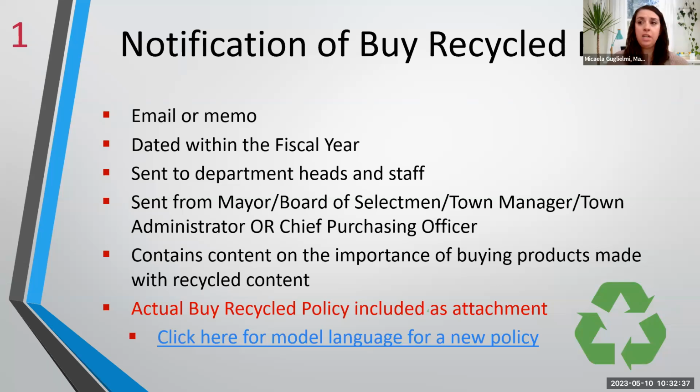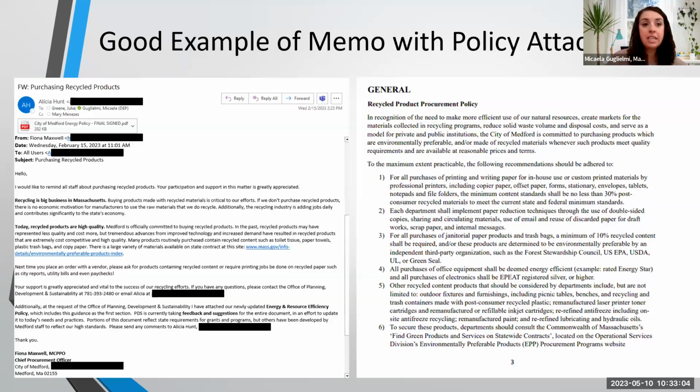And if you're completely new to this, we have model language in that link, and these slides will be available after to go back to all these links. So if you're brand new, we have model language to draft a new policy. And just put it on your calendar for maybe like a New Year's resolution. You don't have to wait until the February 15th deadline. You can send it to me. I think we send the first reminder out in December. And then on the next slide, I'll do a good example.